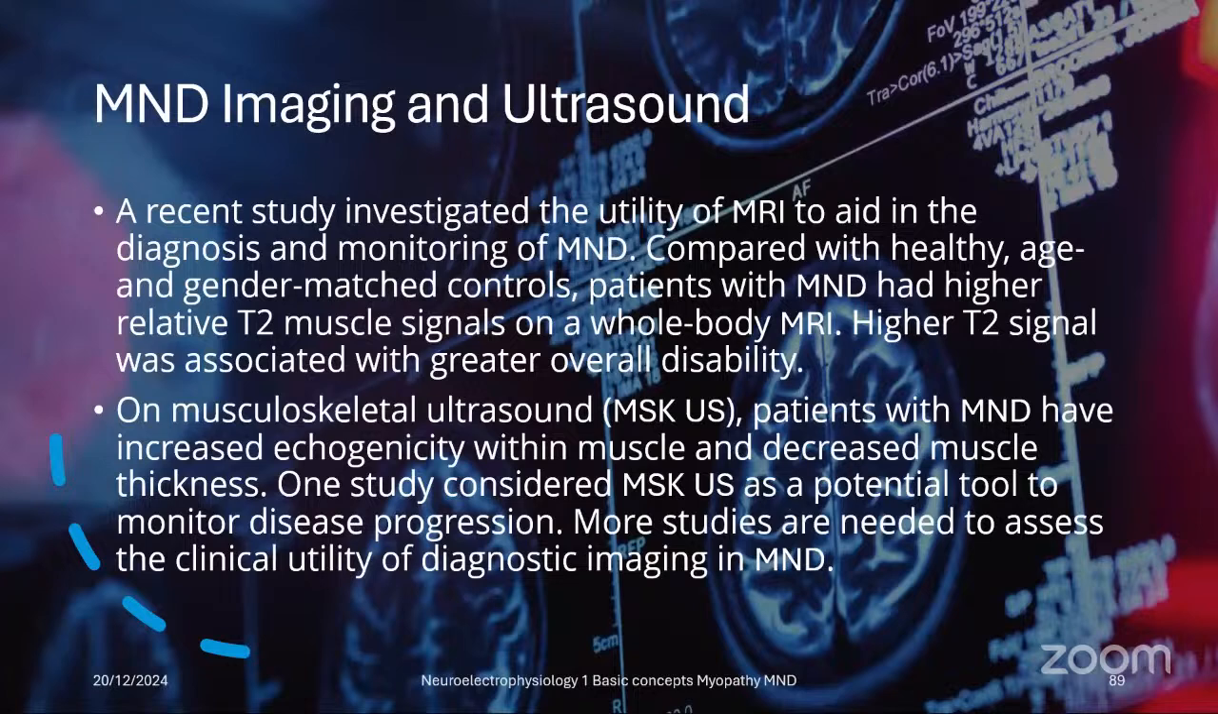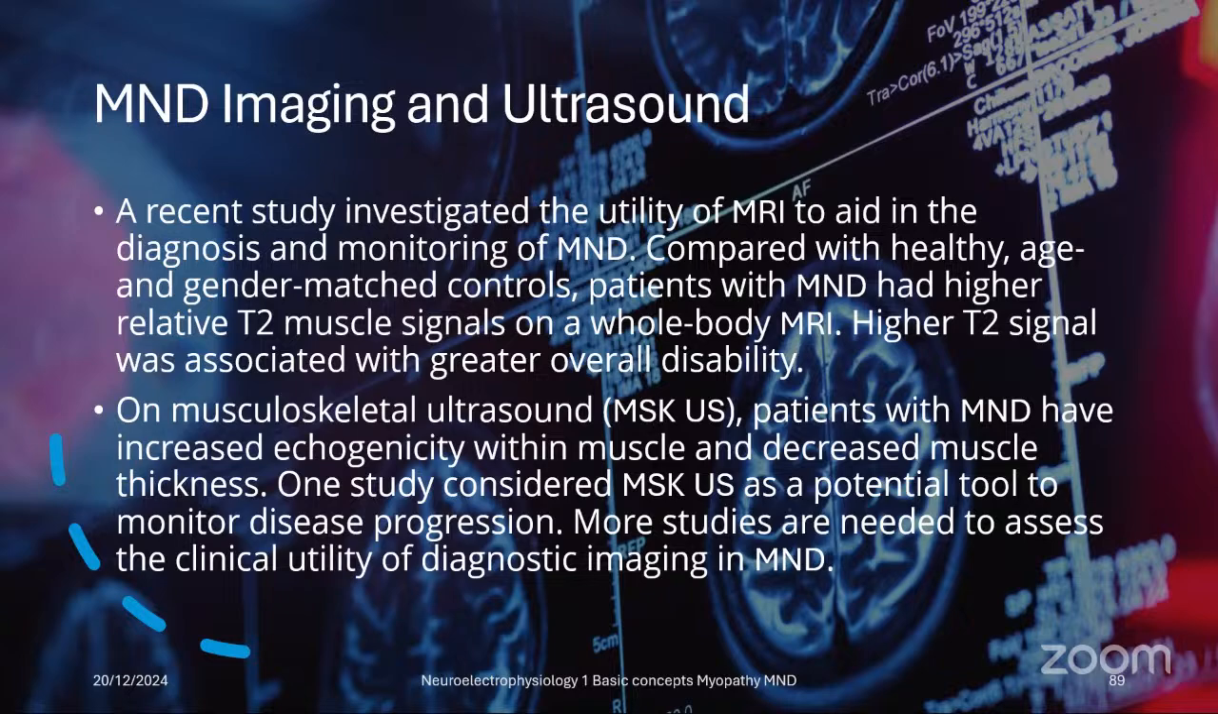MND imaging and ultrasound. A recent study investigated the utility of MRI as well as ultrasound, and still a lot of studies are needed to assess the clinical utility of these modalities. In musculoskeletal ultrasound, MSK-US, patients with MND have increased echogenicity within the muscles and decreased muscle thickness. One study showed that it's a potential tool to monitor disease progression also. What happens in MRI? Compared with healthy age and gender matched controls, patients with MND have higher relative T2 muscle